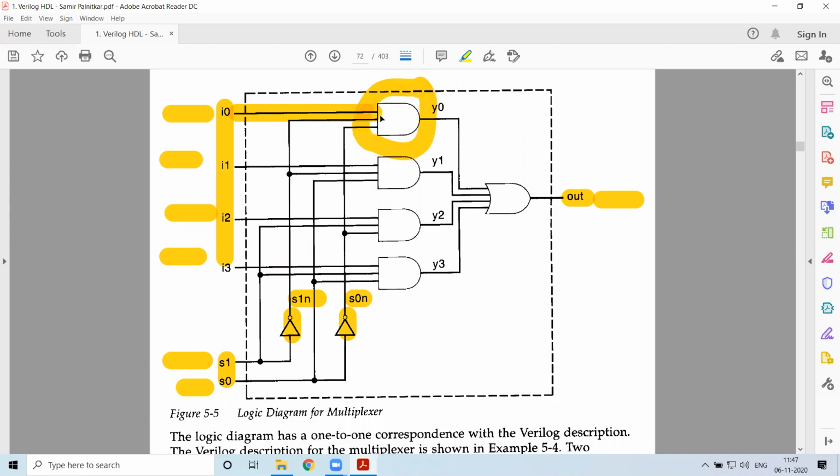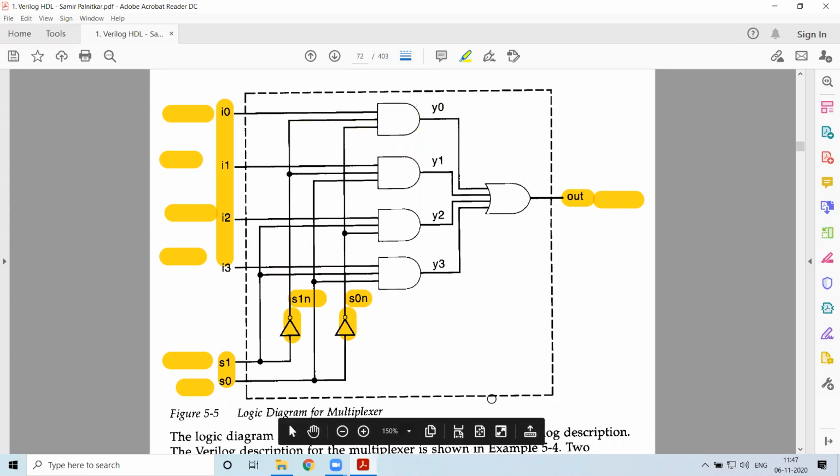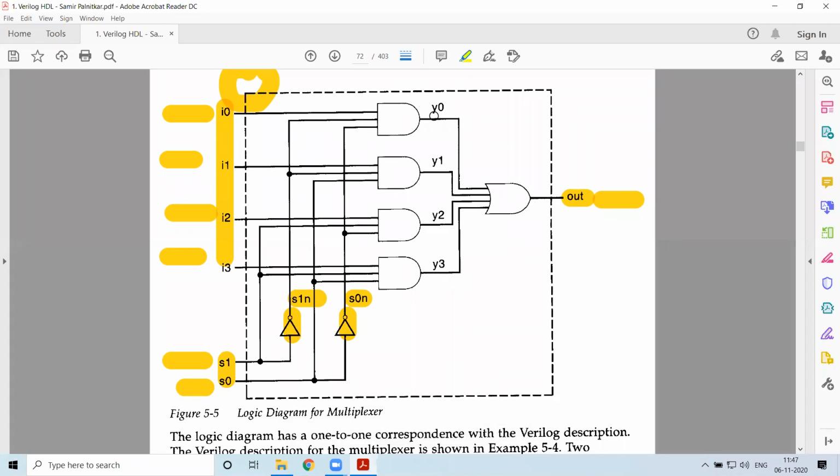One thing to remember: if I0 is 0 and the select lines are 0 and 0, then 0 and 0 become 1 after the inverters. So these two are 1, I0 is 0, so at the output of the gate I'll be getting 0. And if I0 is 1, these two are 1 and I0 is 1, therefore I'll be getting 1.